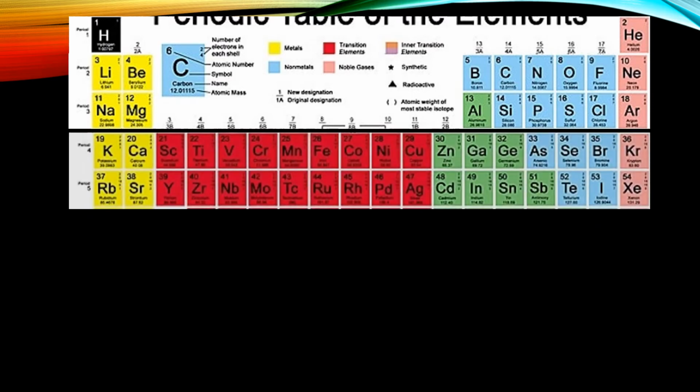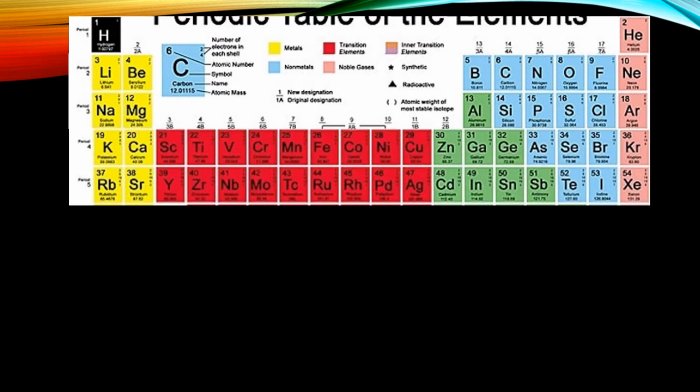In the periodic table there are a total of 7 periods. Horizontal rows are called the periods, and the first period contains only 2 elements, hydrogen and helium. The second and third periods contain a total of 8 elements each. You can see in this picture, the first period containing 2 elements, the second and third periods containing 8 elements, and these first 3 periods are considered the short periods. And next to the third period are the fourth and fifth periods. Both these 4th and 5th periods contain a total of 18 elements.